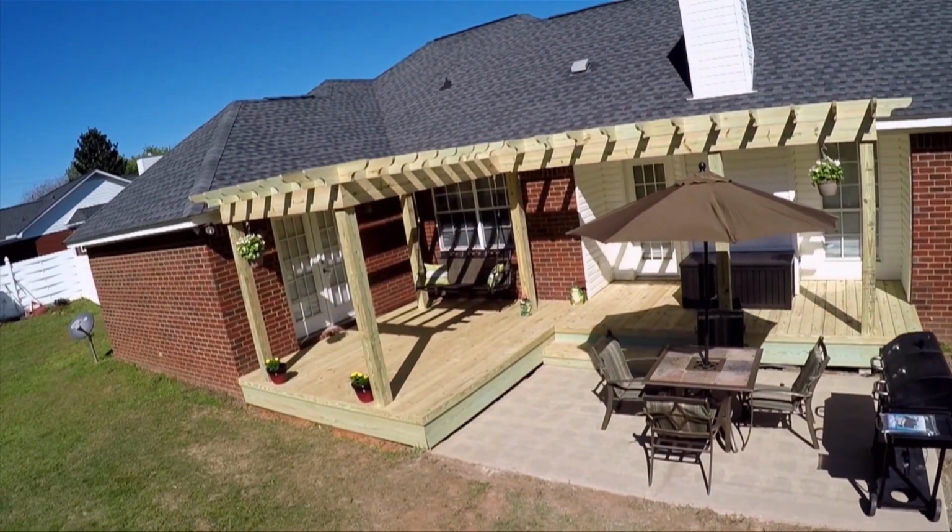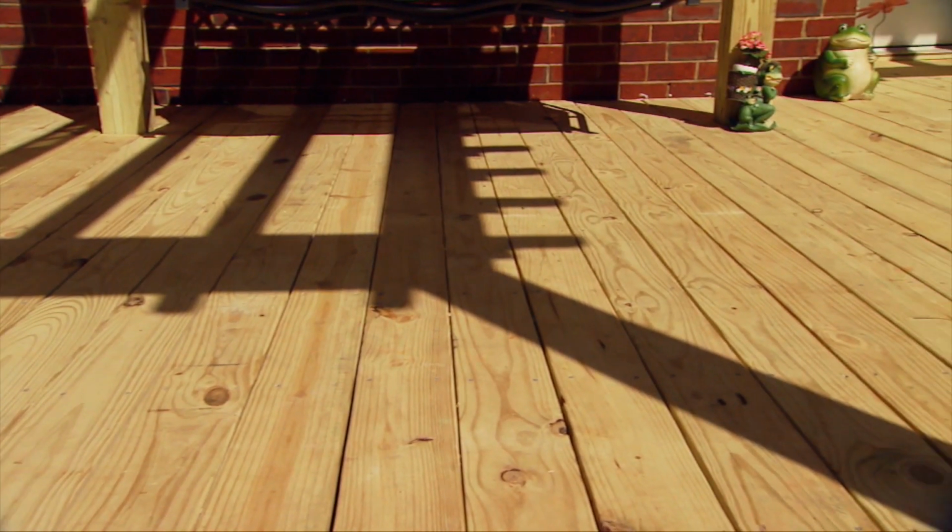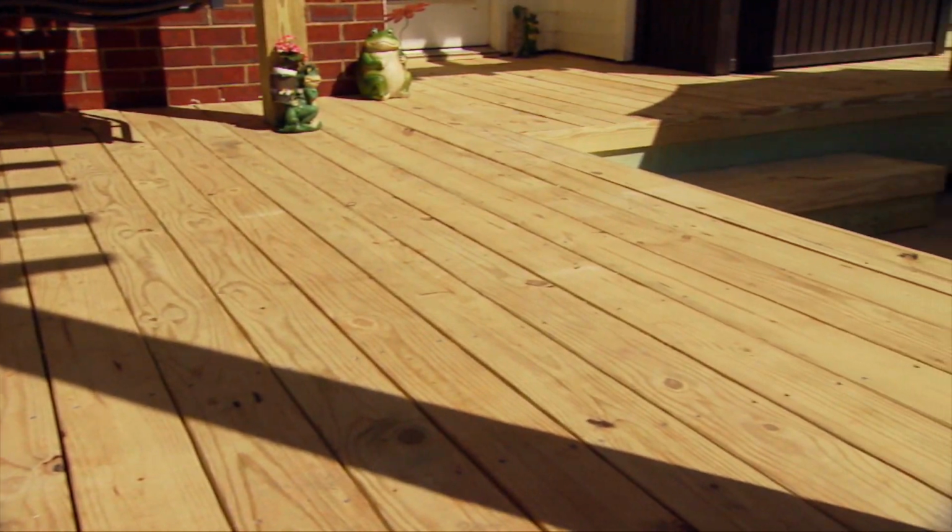The premium 2x6 boards we used are clean and straight, not to mention significantly sturdier. The sag by their bedroom doors